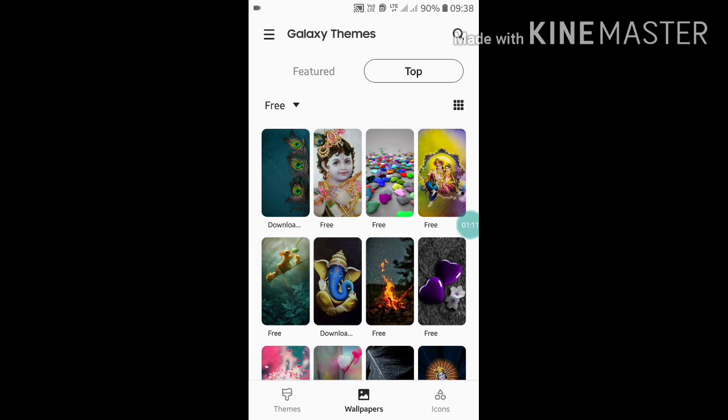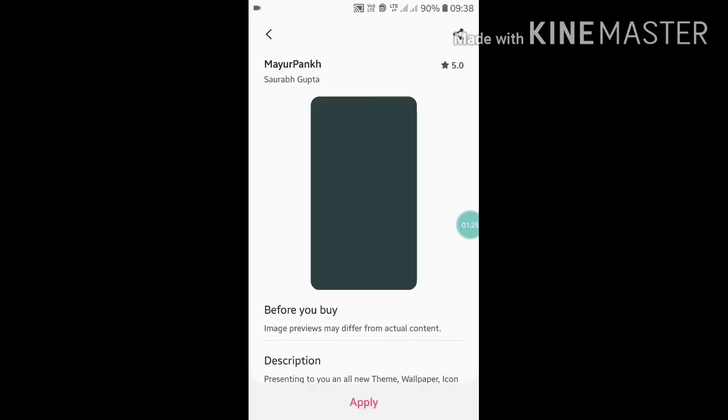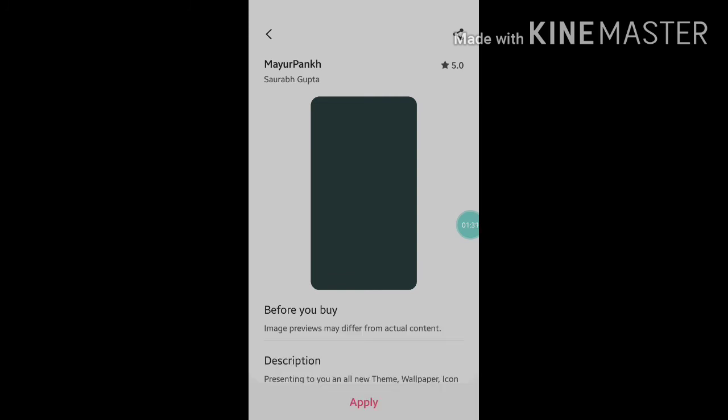So first of all, as I have downloaded this wallpaper, now I have to apply it on my mobile. So wait for a minute to download it. Now I have to click on apply. Now after clicking on apply,